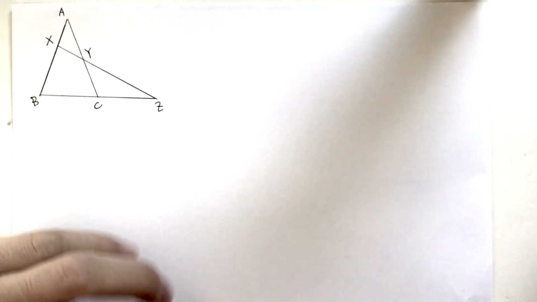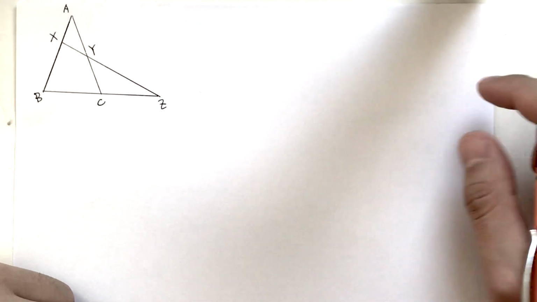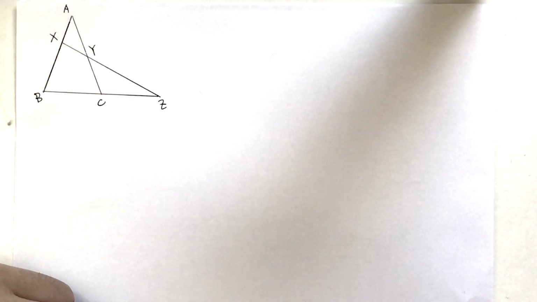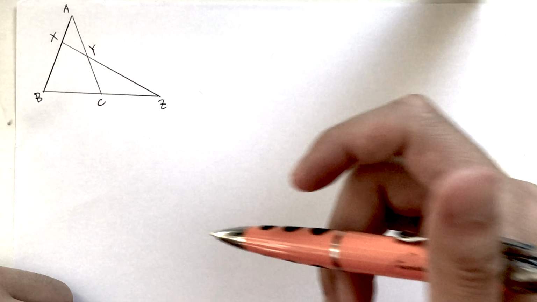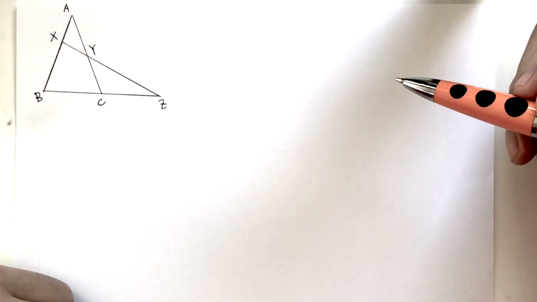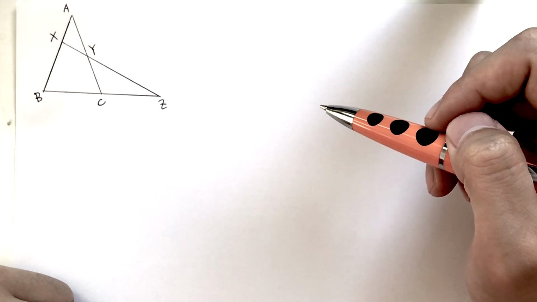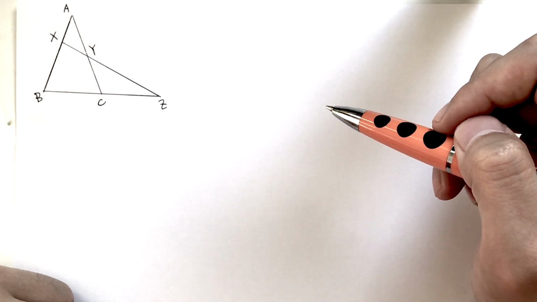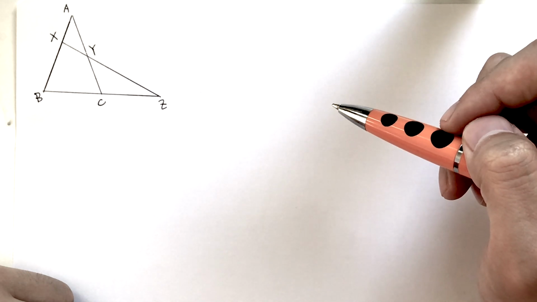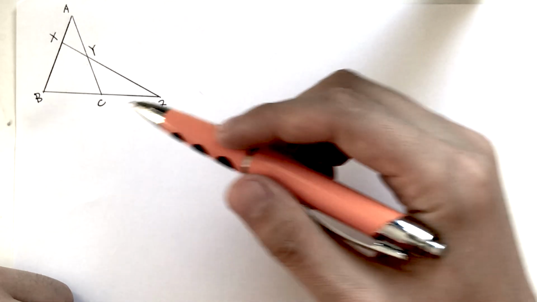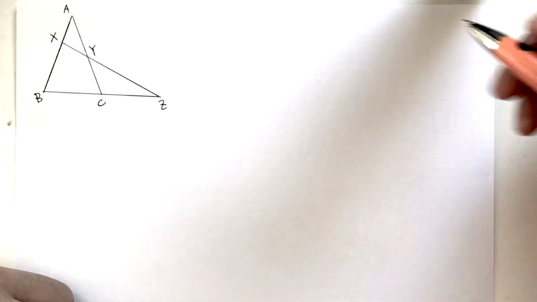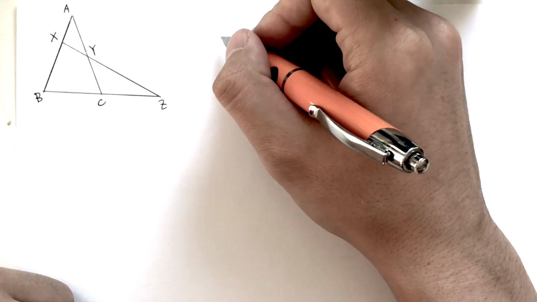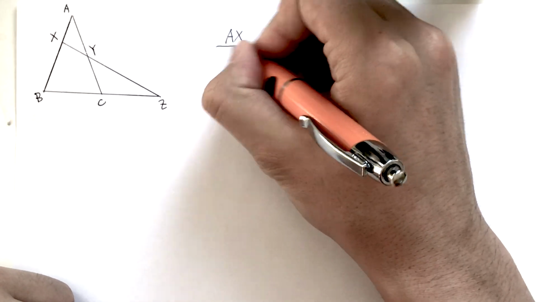Hello everybody, today I am going to prove a theorem that I think is very elegant and it's not that hard to prove either. It's called Menelaus Theorem. Actually, I'm not sure about the exact pronunciation here, but the theorem states basically when you have a triangle, in this case it's ABC, and you draw a line across that intersects the line segment AB at X, the line segment AC at Y, and the line extended from BC at Z, then you have basically the equation AX over